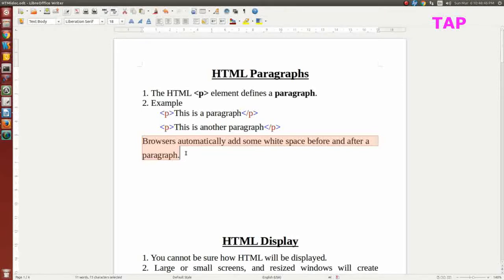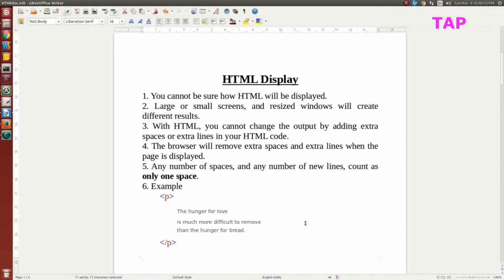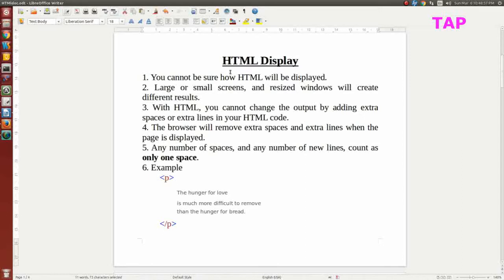Okay. Now let's see how your document will be displayed in the browser. So there are some things which you must know about it. You cannot be sure how your document will be displayed in the browser, because maybe your output will be on a large screen, maybe it is a small screen, or maybe it is a medium screen.